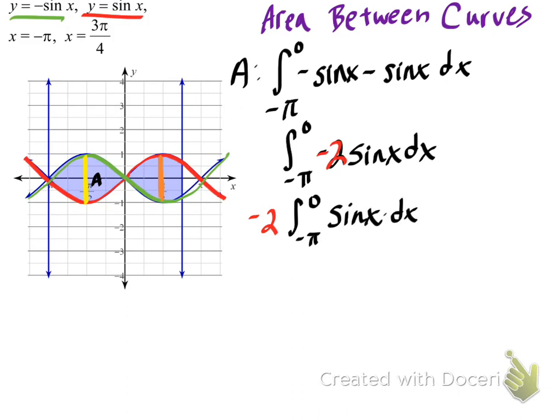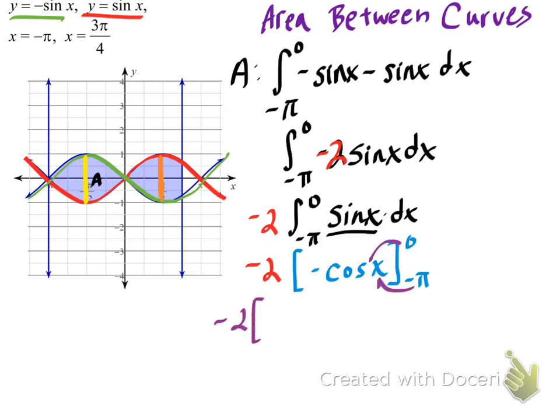So what has a derivative of sine? It's going to be cosine of some kind, but cosine's derivative is negative sine. So the antiderivative of sine must therefore be negative cosine. And this is being evaluated from negative pi to 0. Let's see if I can bring in some trig review while we're at it. Do this without a calculator. Got negative 2 out here. I'm going to plug in my upper and lower bounds. Be very careful with the parentheses here. Negative cosine of my upper bound of 0